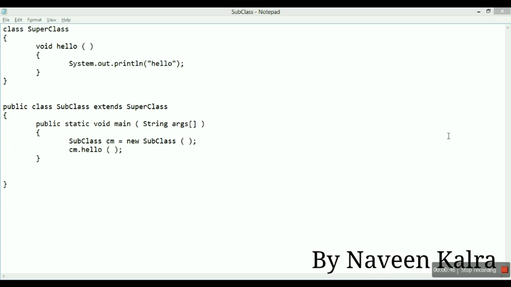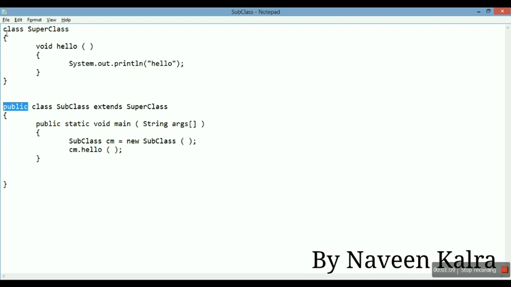So in this program you can see that we have two classes, superclass and subclass. This is the public keyword. You can see that the public keyword is in front of only one class, because I explained in the previous program that there can only be one public class in one program.